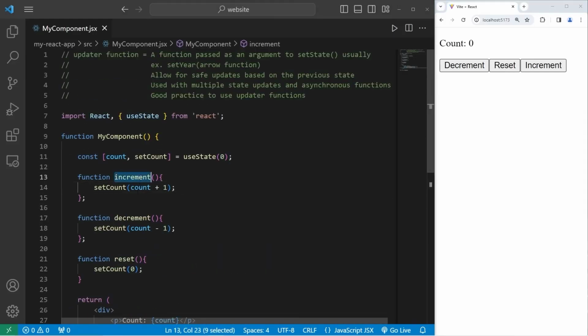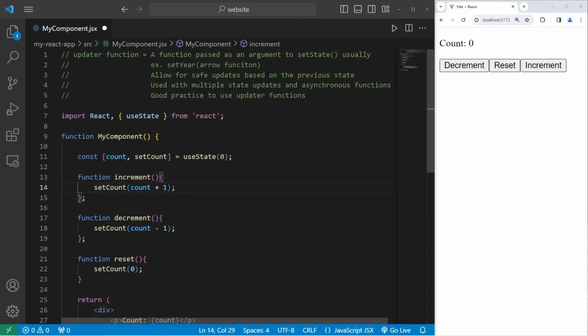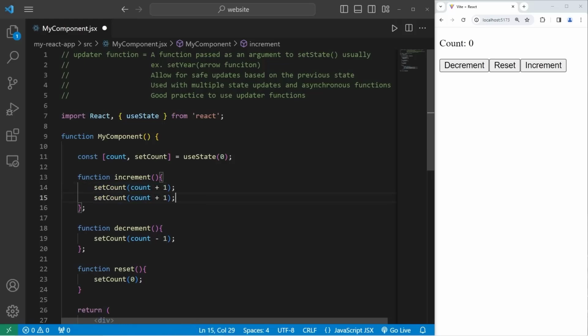Within each of these functions, I'm taking my state variable of count, adding +1, -1, or setting count to equal 0 in the case of reset. I don't want to increment once, I would like to increment twice. I will take set count, update the state again, using count +1. This is different from me adding 2 to count. I want to increment count by 1 twice. I will set the state of count twice. Count plus 1, then count